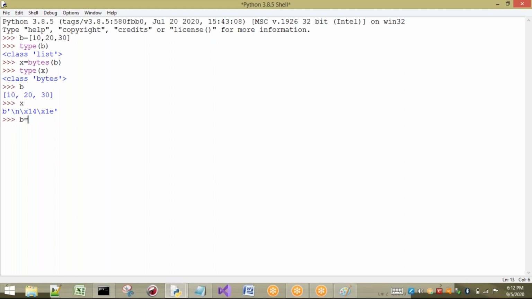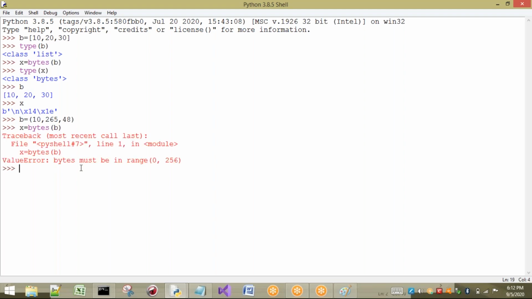I am going to take B equal to, I can also take a tuple, some values: 10, 265, 48. If I try to convert this into bytes, let us see. Bytes of B. Now see what happens. Bytes must be in the range of 0 to 256.